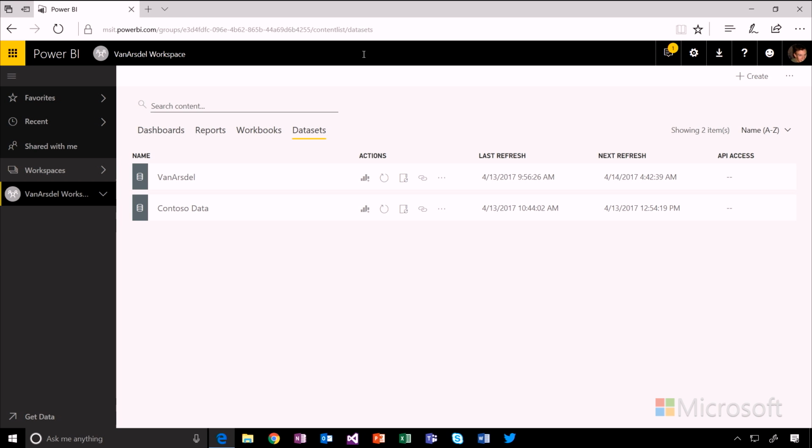So I've got a couple of data sets published here, and in the data sets view, I can choose an Analyze in Excel option. And this will give me a file that allows Excel to go and connect to this data set live in the Power BI service. There's actually a couple of